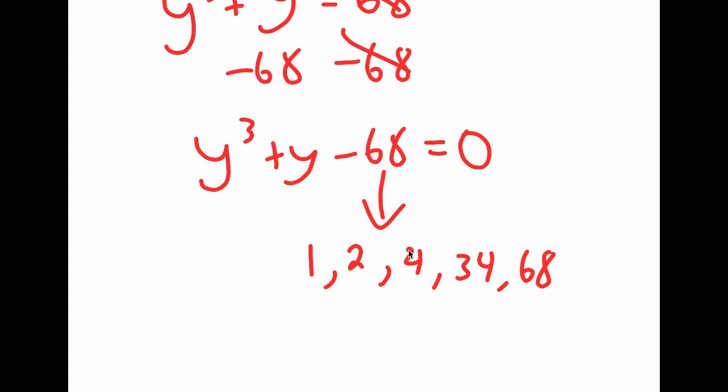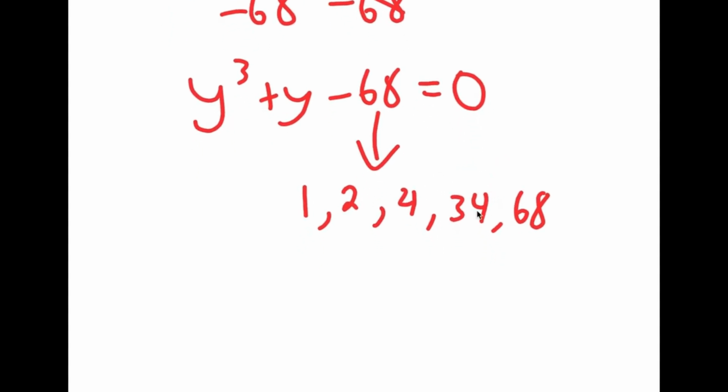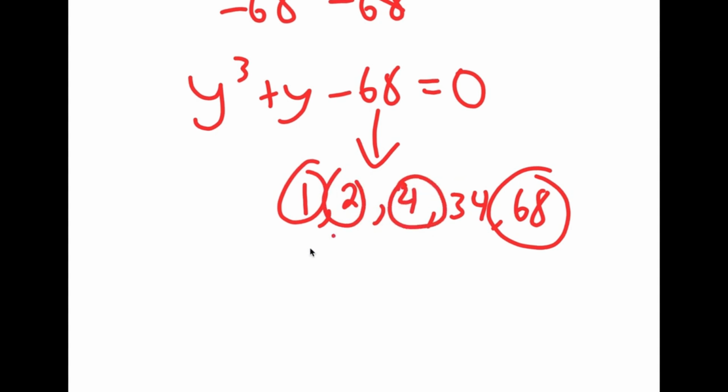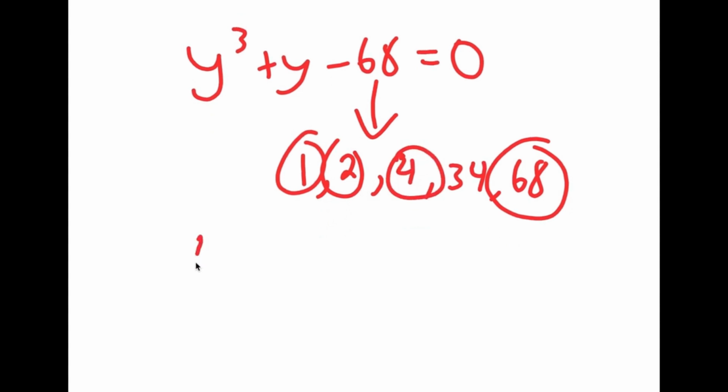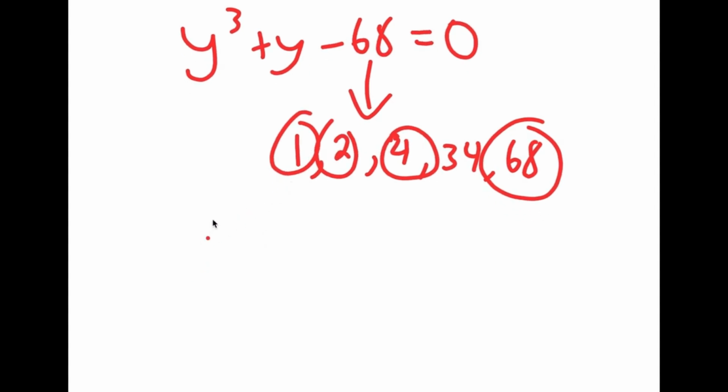Now 1 wouldn't work because 1 times 68, we can't subtract those two to get y. And 2 wouldn't work either. The only one that would work is 4, because if you divide y minus 4 with y to the power of 3 plus y minus 68, that would be factorable. So now that we know that 4 is a proper factor,